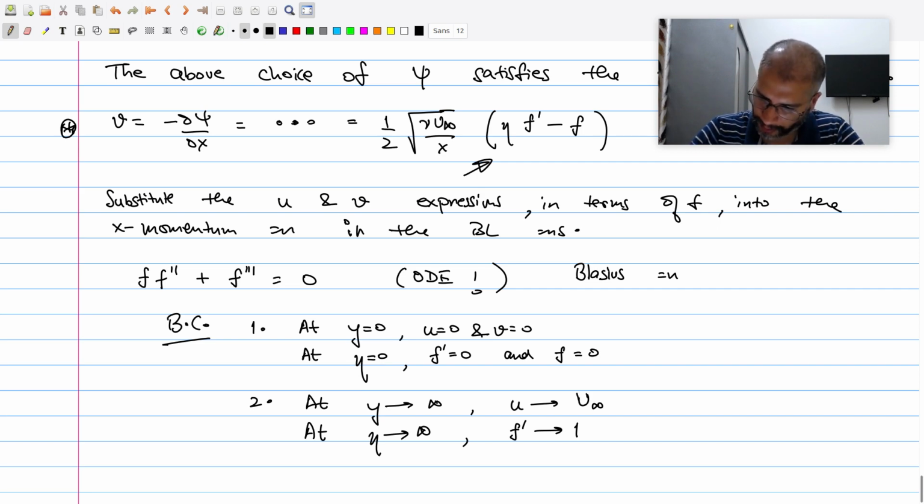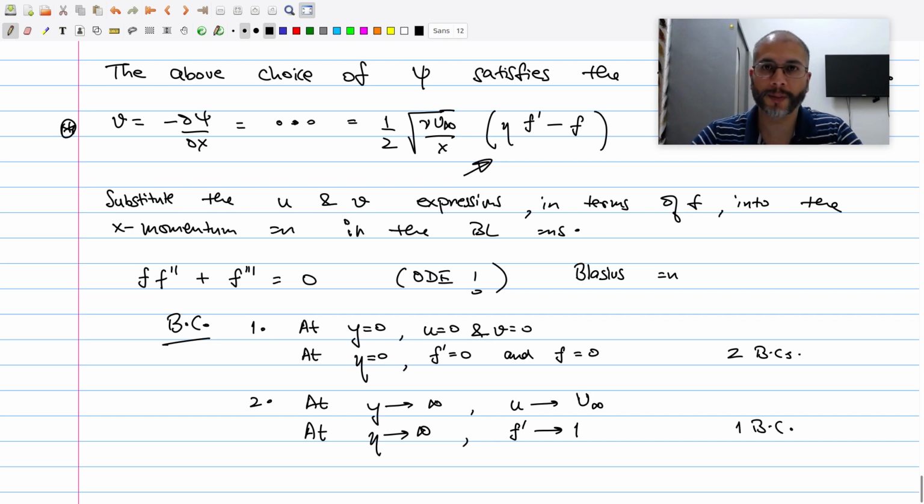Is there anything else that we need here? So we have 3 boundary conditions now. We have the value of f and f prime at eta equal to 0. So these are 2 boundary conditions, well, one is for f and one is for f prime. And then the third one is this one. So in fact we have 3 boundary conditions. That is what we need for a third order ODE.